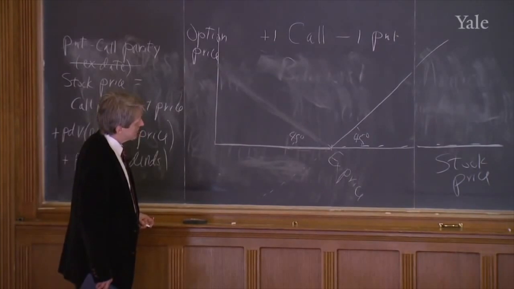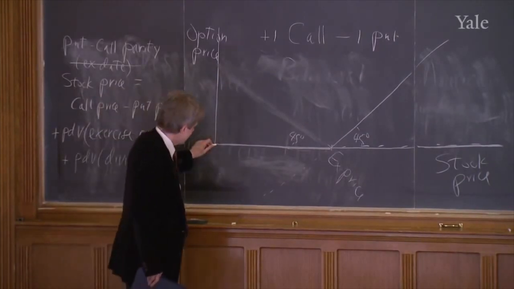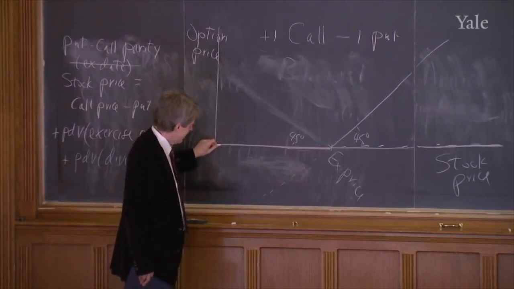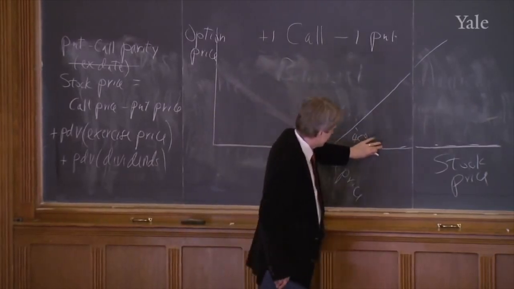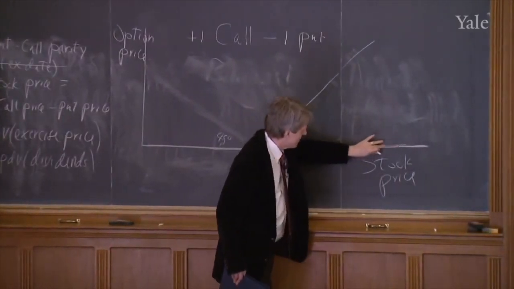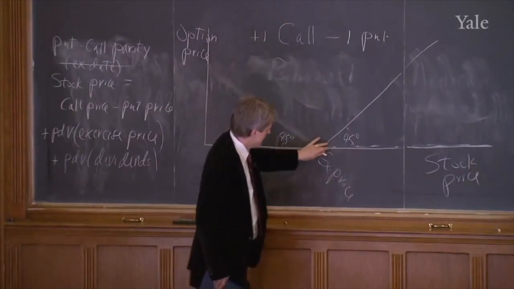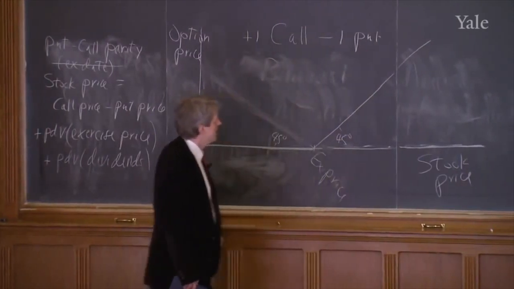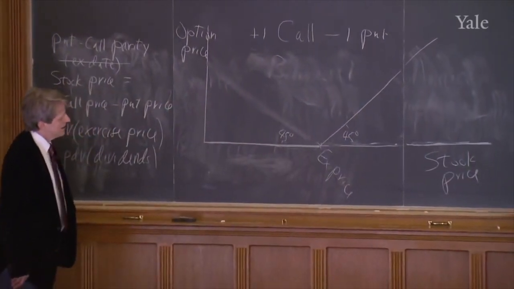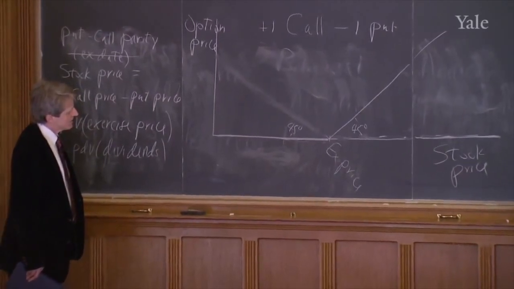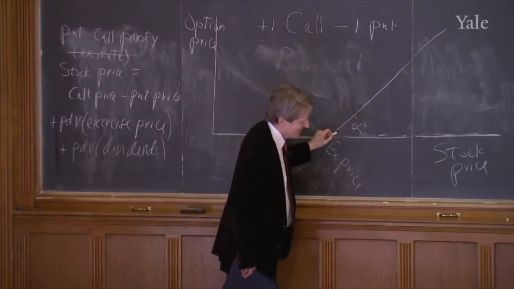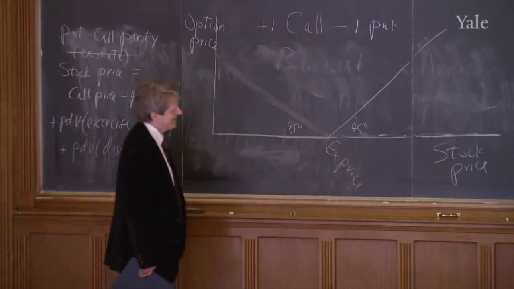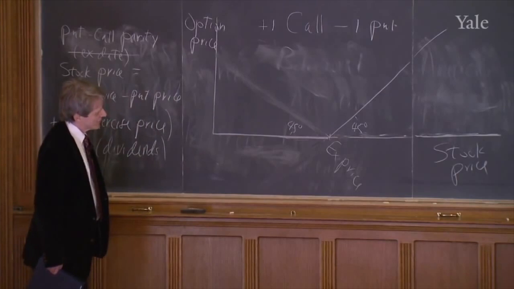The price of a put, we know what it is on the exercise date, right? I'm going to forget the dashed lines. There are no dashed lines here anymore. We're just talking about call prices. So this shows the price of a call on the last day. Now, what about an earlier day?